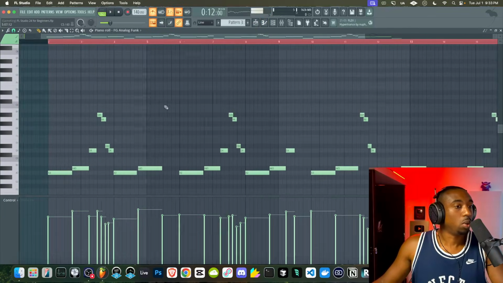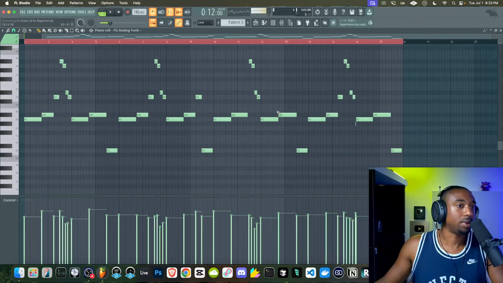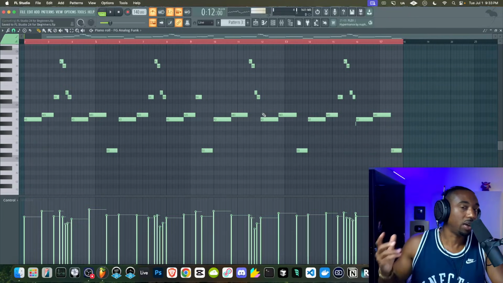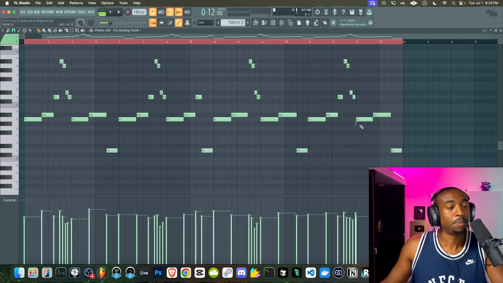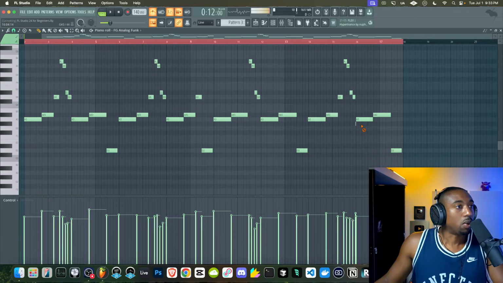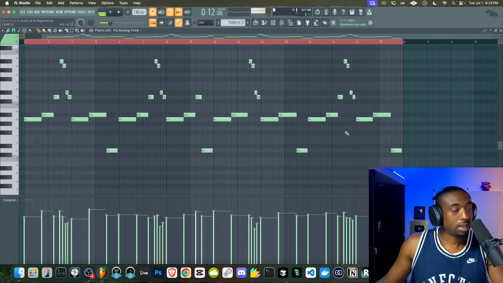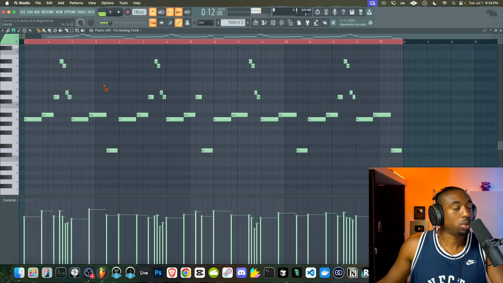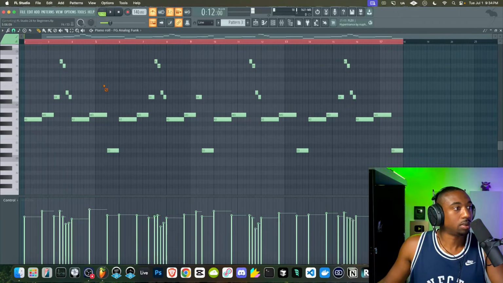First thing I need to do is quantize these notes. You don't want to quantize everything. Don't get in the habit of quantizing everything. It's only because I have a very specific purpose for this sound. What I'll do is I'll right click any notes that are incorrect. So let's right click that note, for example. Next, I'm going to change my snap to grid to 1/2 beat and hit Control Q. That will quantize the notes.